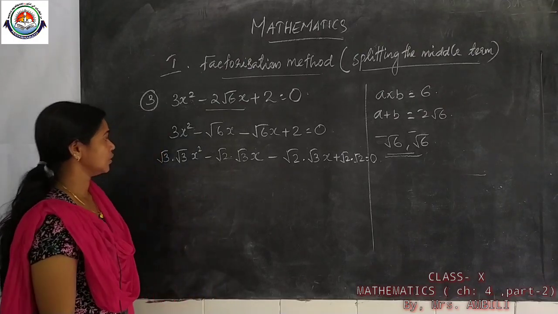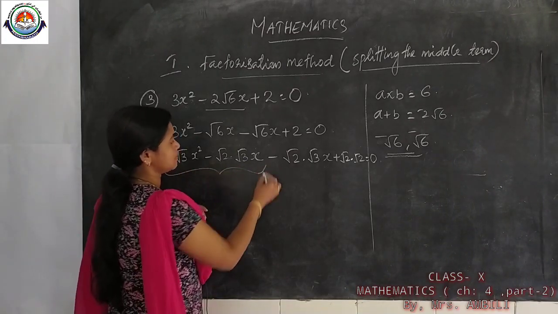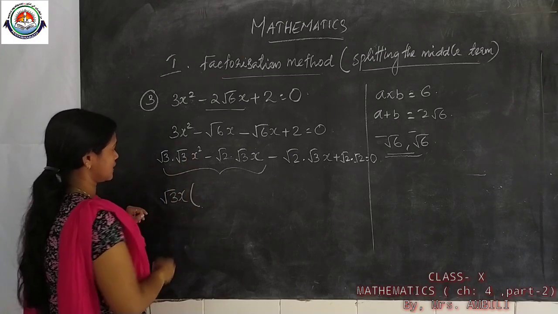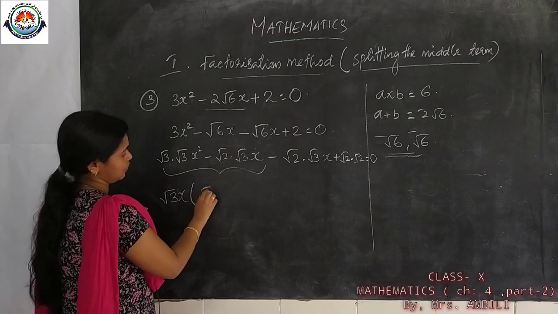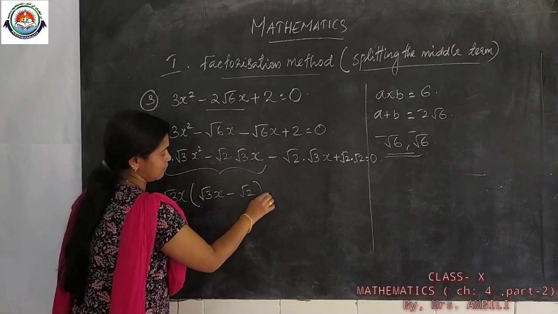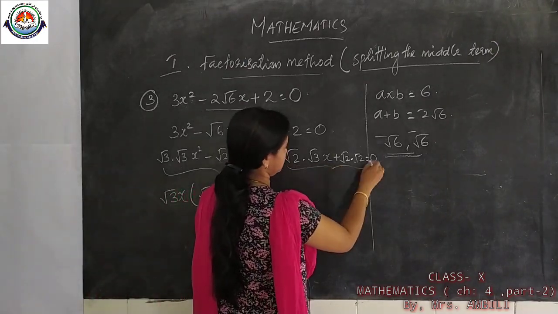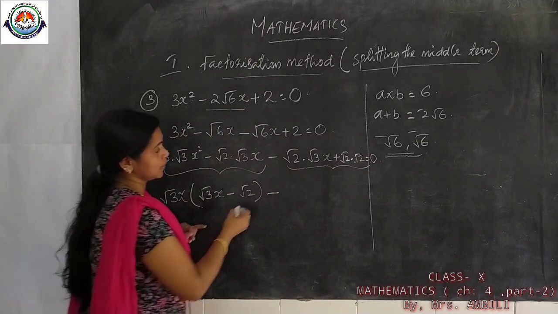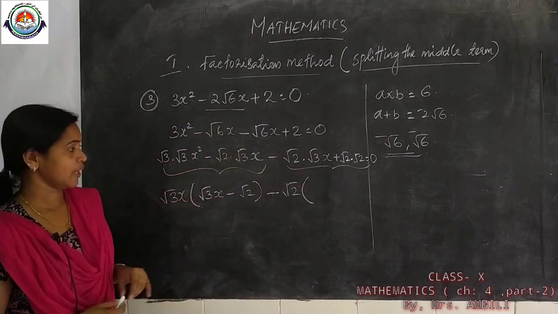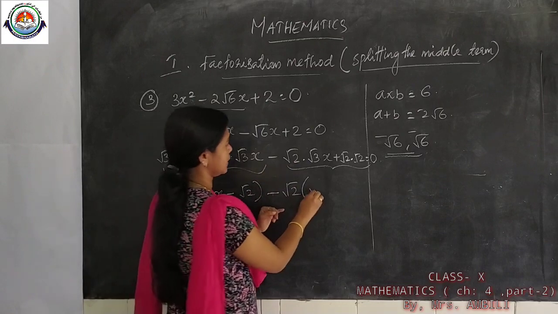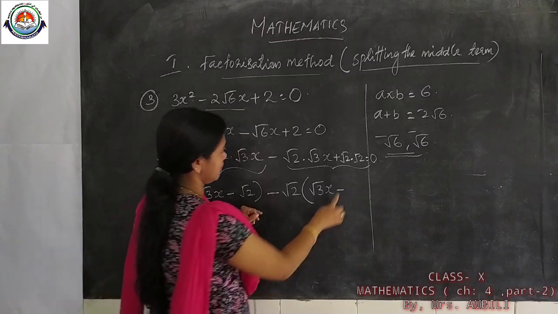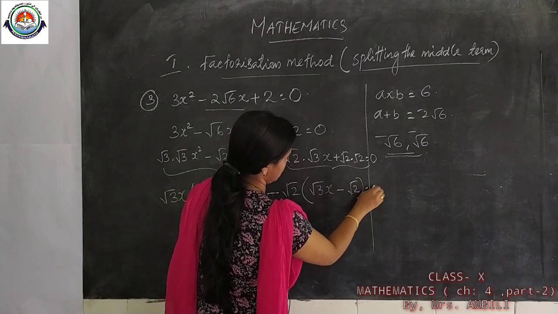Okay. So then take first two terms. Here we are taking root 3x common. So what is remaining if you are taking root 3x? Root 3x is common, minus. Here what is common from these two? Root 2 and root 2 is there. Root 2 we can take outside. So I took minus root 2 outside. What is remaining? Root 3x minus, because 1 minus we took here. What is remaining? 1 root 2 is remaining, equal to 0.